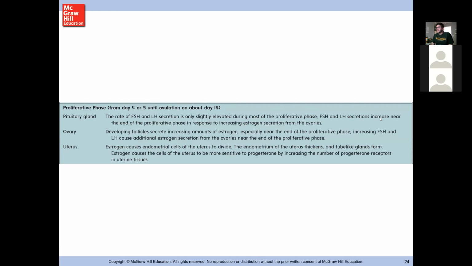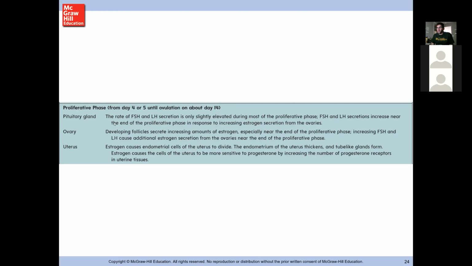Follicle-stimulating hormone and luteinizing hormone secretions increase near the end of this phase in response to increasing estrogen secretion from the ovaries. As we reach closer towards ovulation, follicle-stimulating hormone and luteinizing hormone secretion increases. Developing follicles within the ovary secrete increasing amounts of estrogen, especially near the end of the proliferative phase,